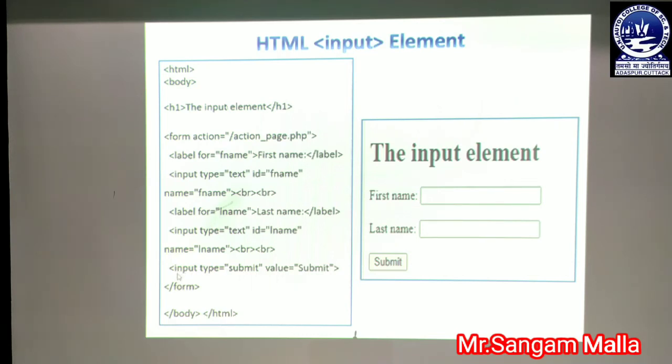Similarly, we have added another tool, that is a submit button, with the help of input: input type equal to submit, where value equal to submit. That means submit is a special type of button on which, whenever it is clicked, the data in the text fields will be transferred to the server, or some necessary actions will be taken. You can see that the form tag is enclosed within the body element, because it is being printed in the body of the web page. So this is the source code, and the reflection of the source code is here. So this is all about the HTML input element.